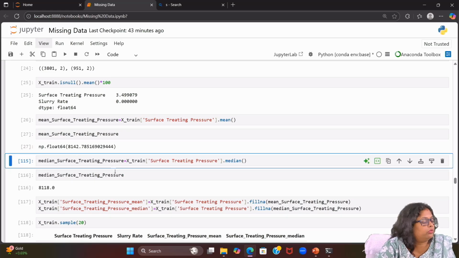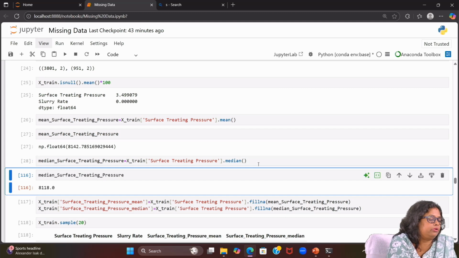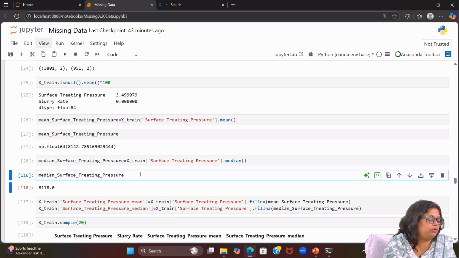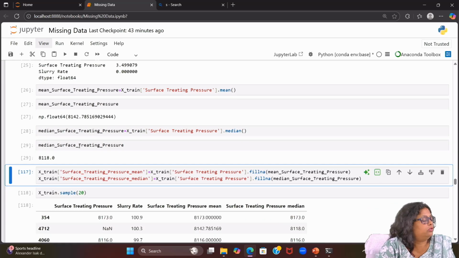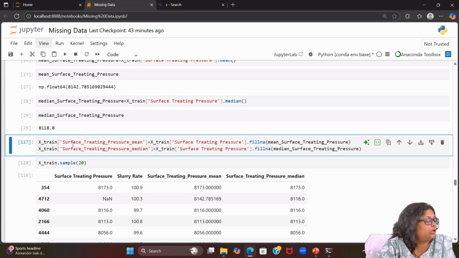Similarly, we calculate the median for X_train surface treating pressure.median and put it in the variable median. Run this one, and this is the value for the median, and this is the value for the mean.